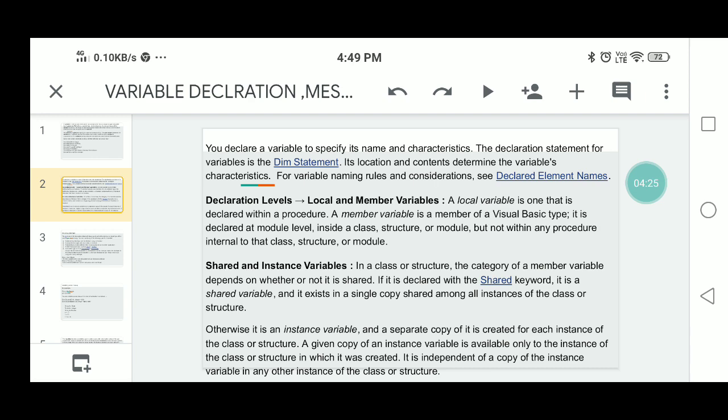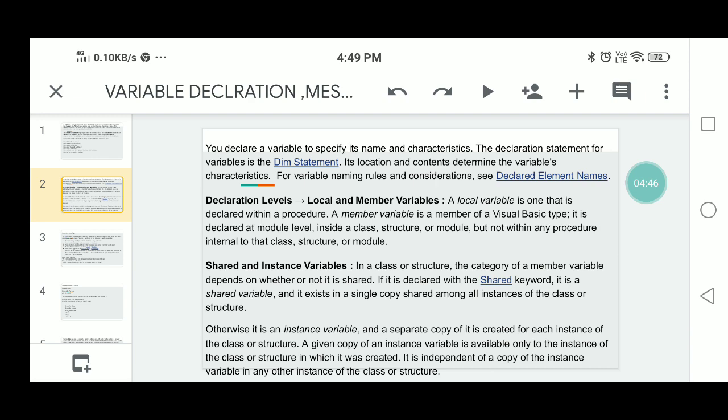Within your program, you can declare a variable as a local variable. A member variable is a member of a Visual Basic type. It is declared at module level, inside the class structure or module.